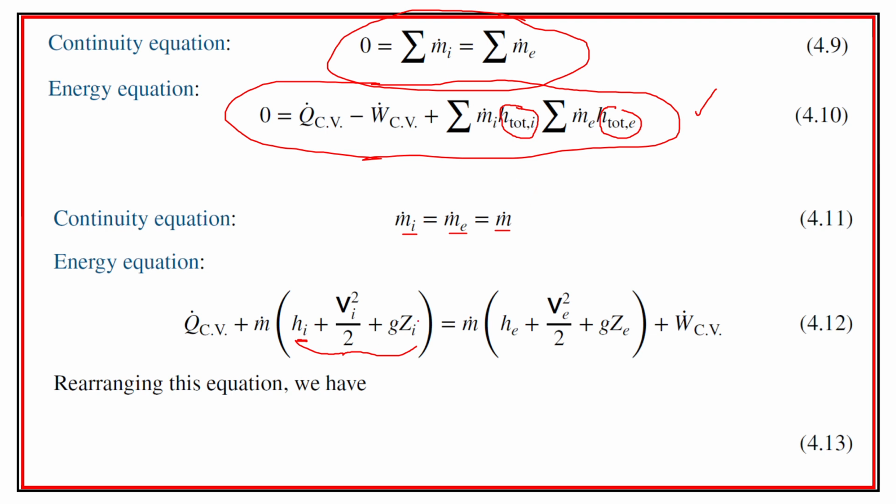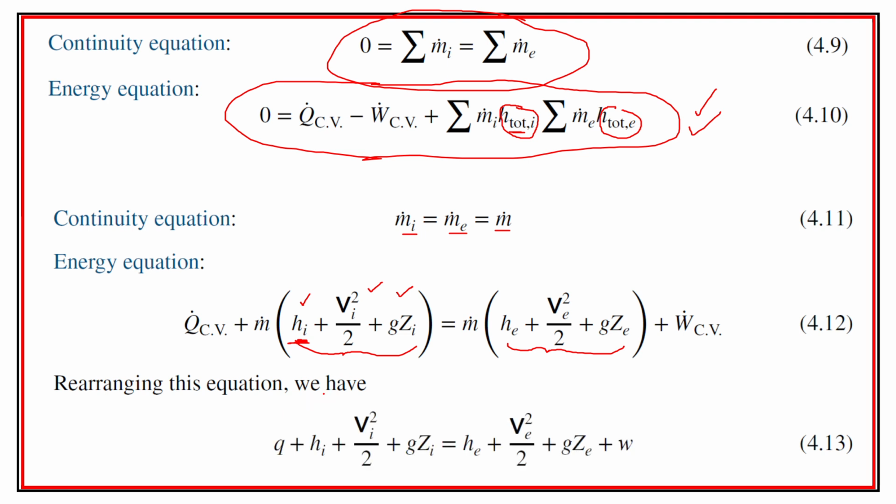And what we will see, we're going to make sure we're on the lookout for, is that these terms right here are usually, at least for the stuff that we do, really small compared to this, right? And there's already a little bit of kinetic energy involved with the enthalpy, but sometimes it's just on whatever our situation basis is, but most of the time we'll be dealing with this equation up here, and what they're doing is breaking this total down into those terms. So rearranging this equation right here, though,